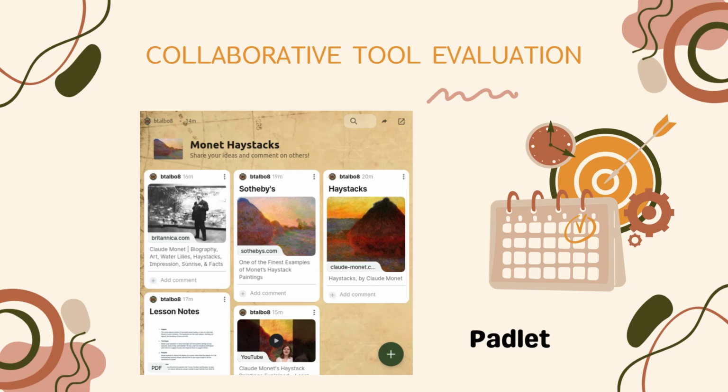When students have the link to their classmates' walls, they can add to each other's walls simply by clicking the plus button to create a new post and write their contribution. Padlet has settings where everyone can see all the posts on the wall, or it is limited to who can see what. The strength of Padlet is that students can learn from each other through a user-friendly interface that can be